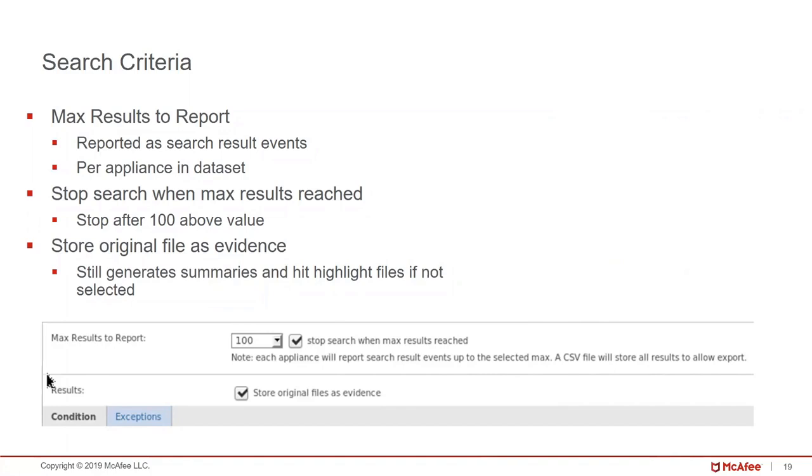We'll take a look at some of the results events that we get in, and you'll see that they look very similar to what we see in the DLP Incident Manager. Again, this works exactly the same. We get basically a copy of the file stored within the evidence share, and it can be downloaded and reviewed